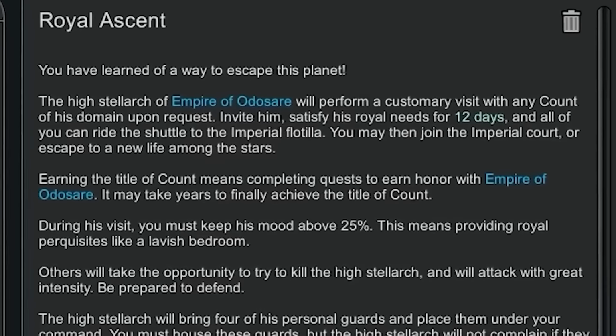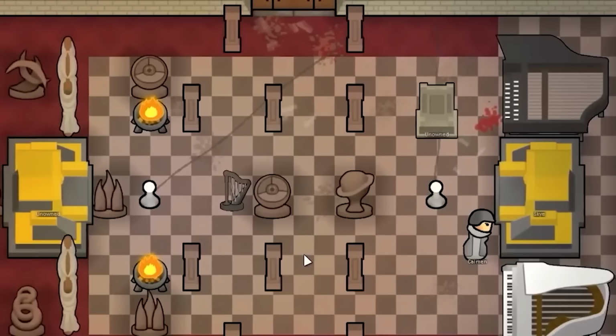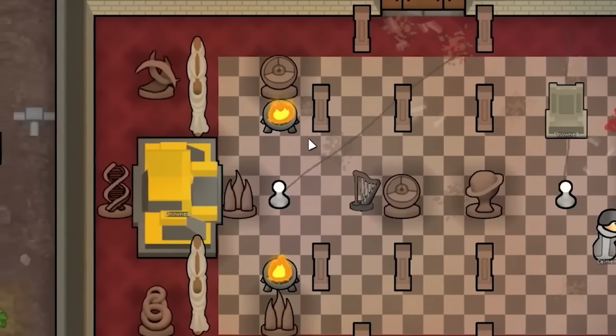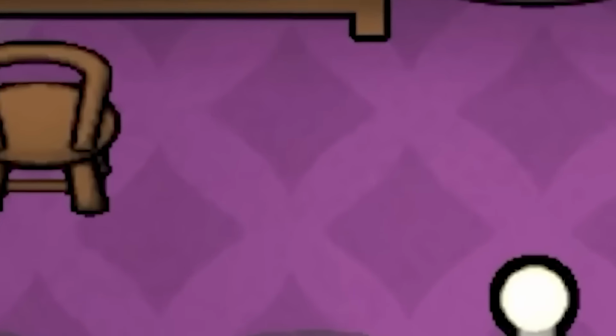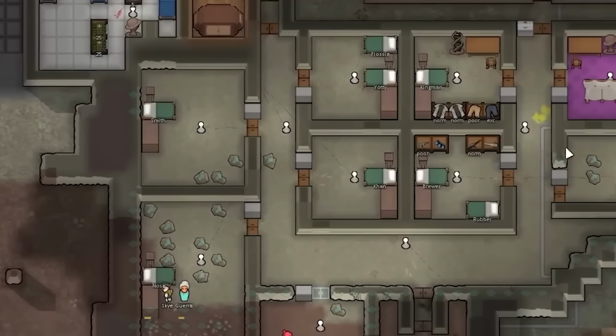We must keep his mood above 25%, which means we need to be over-prepared for this guy. Our throne room's looking kind of dirty. We have another throne ready for him, and we have a lot of other things looking pretty good. The room that I'll give him when he comes, or her, could be a her. Whatever it is. We've made a lot of other throne rooms too to keep the people that come with this